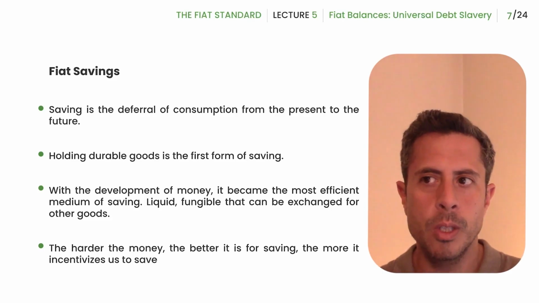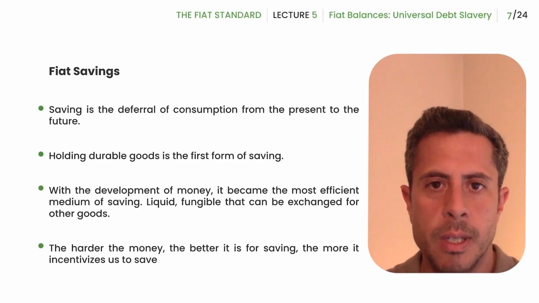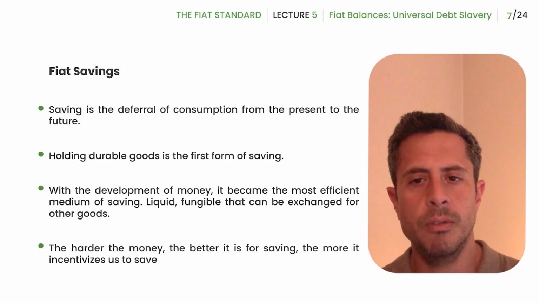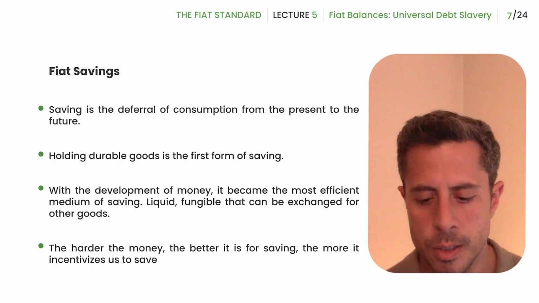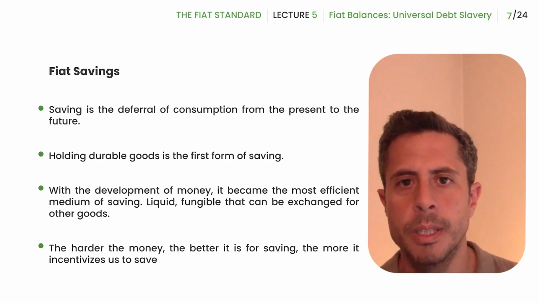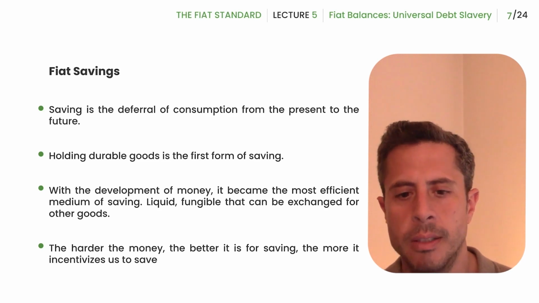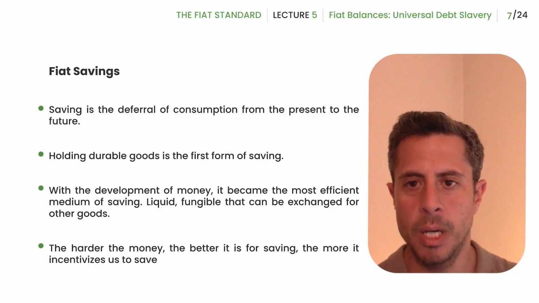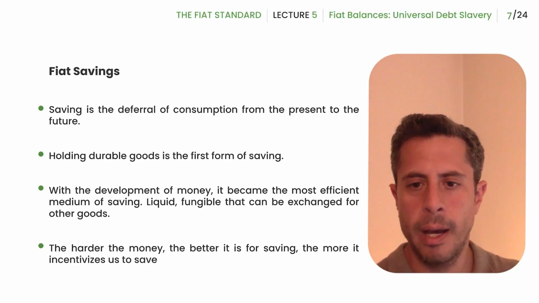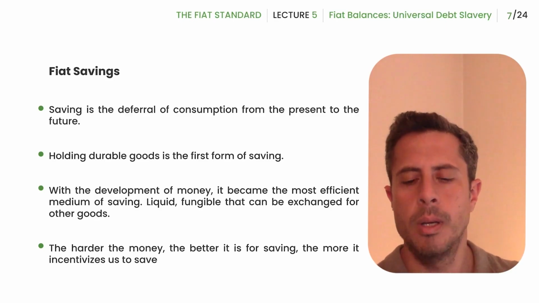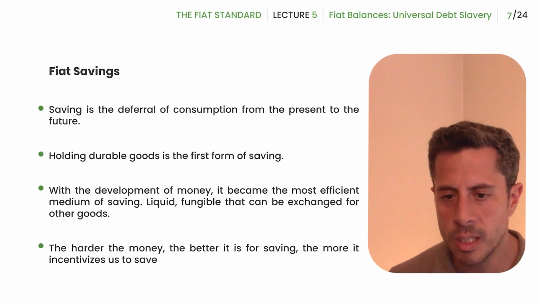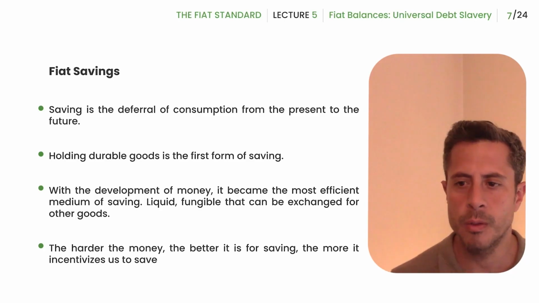So the goods are useful as methods of saving as long as you know that you want to use them. A house is great to store value in if you know that you're going to be there, in 5 years or in 10 years. But if you don't know if you're going to be there, then it's not very good because you need to sell it. And it's not as liquid as money. It's much easier to sell money and buy a house than it is to sell a house, buy money, and then sell the money and buy the house. So money is the most liquid good. So it's much more useful as a method of saving.